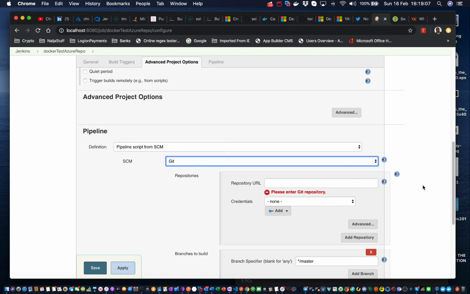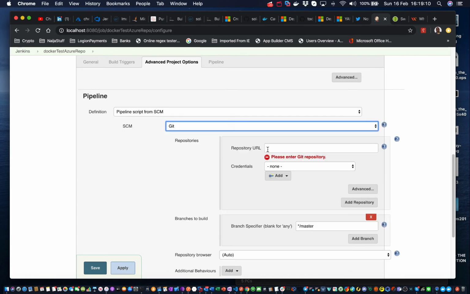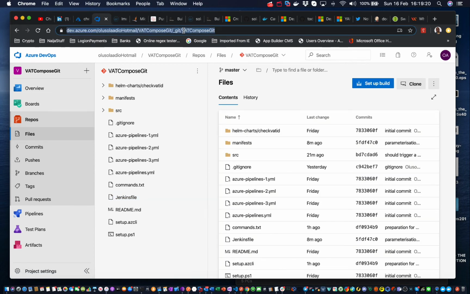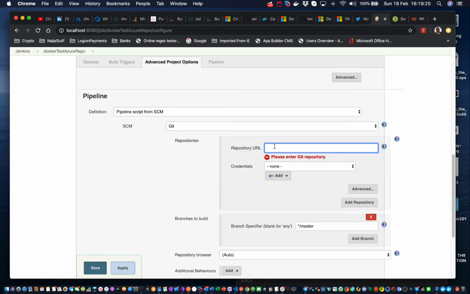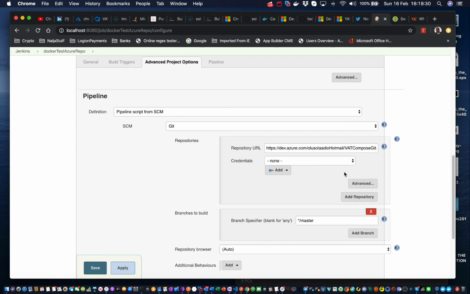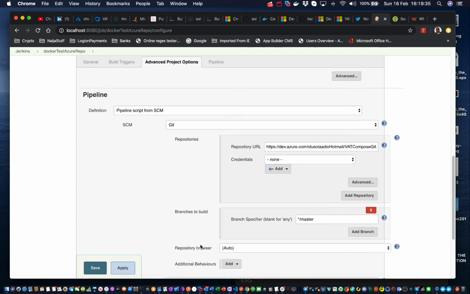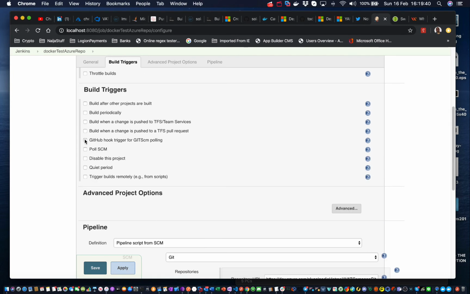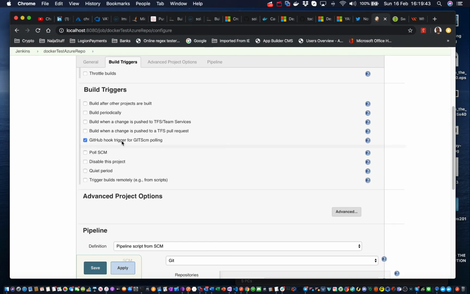So let's do git here. It's actually a git. So we're going to look for the URL of the repo here. So what's the URL of the repo? Let's see. So this is the URL of the repo. So let's throw it in here. Okay. So looks like it's playing nicely. Master. And then the next thing we want to do is we want to create a hook,